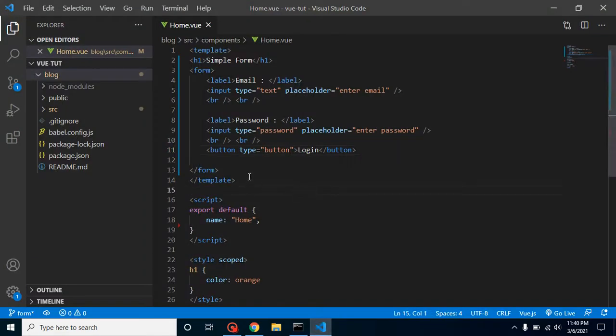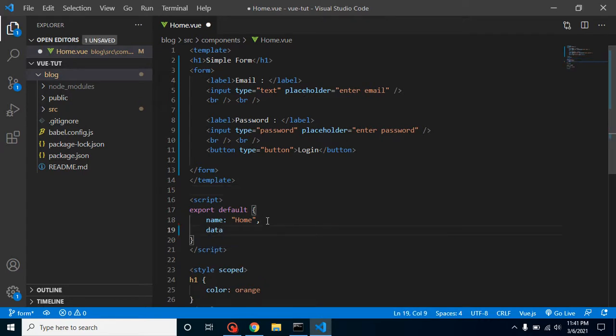So now we want to bind this form with two-way binding, so in our script tag, let's define the data property, and return a statement. Let's say our property name is form, and let's define here email.